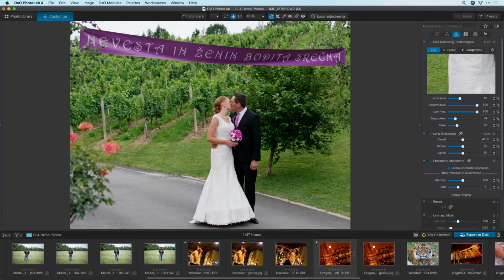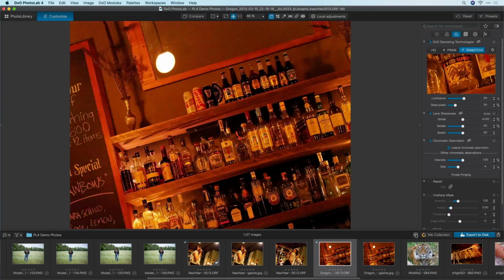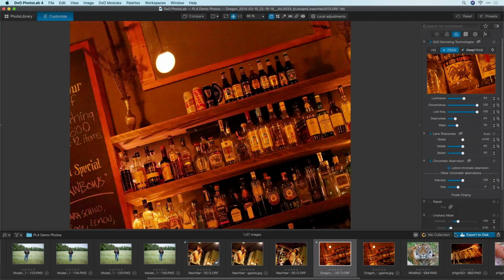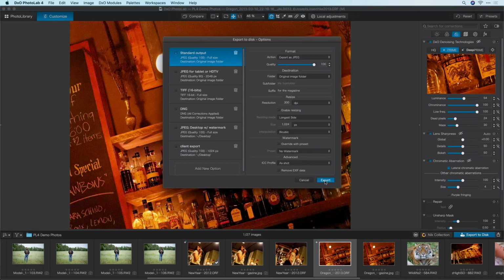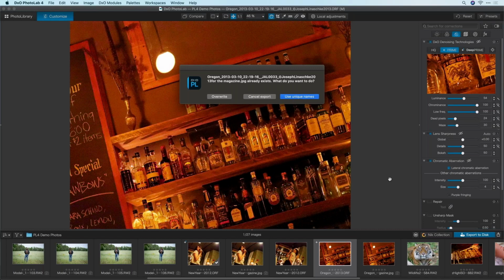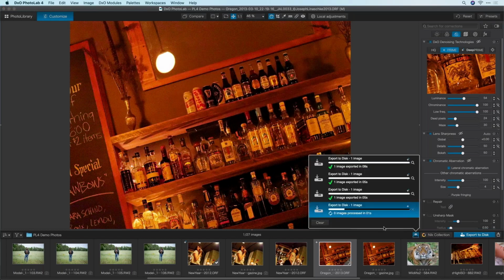And we'll do this one again. We'll do the same picture here. And if I go to, see, we already exported this, right? And it took, is that the last one I did? Yeah, that was the last one. It took 5 seconds. So this might be hard to tell on this machine because the machine is so fast, but let's do a standard Prime export and see how much faster it is. Export that, use unique names, and